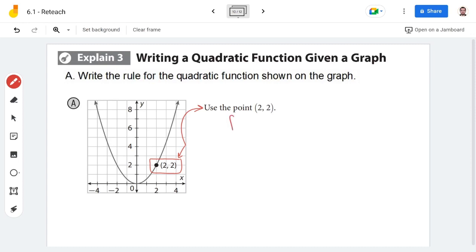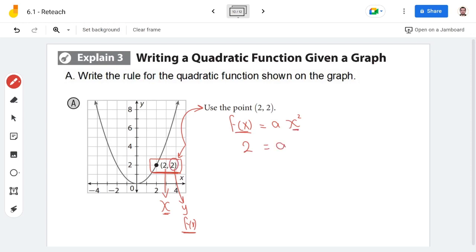First of all, write the formula: f of x equal a x to the power of 2. Now, the point that we have here is 2 and 2. So this 2 is x, and this 2 here is y, or we can say f of x, because y is f of x, same thing. So now we have x, and we have f of x, which is y. Now, can we replace f of x? What's f of x? F of x is 2, and equal